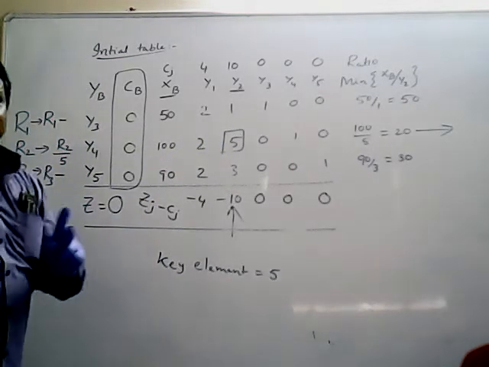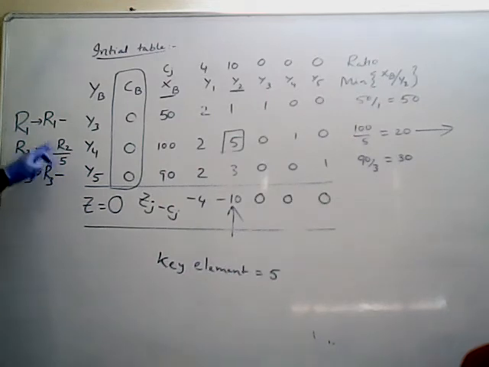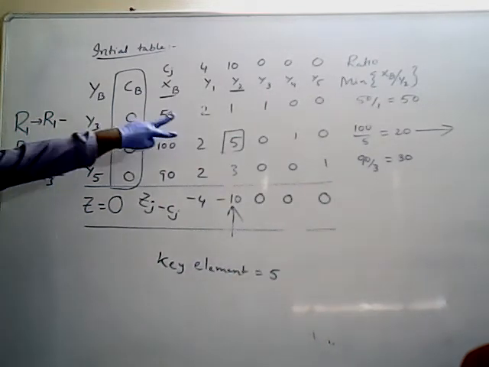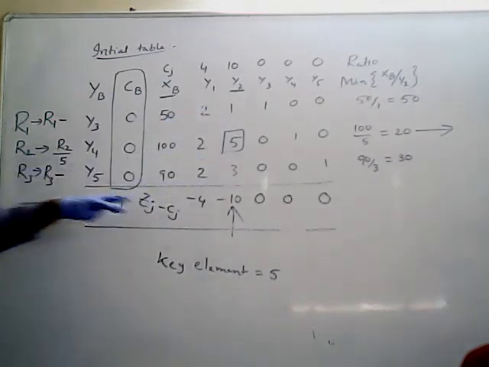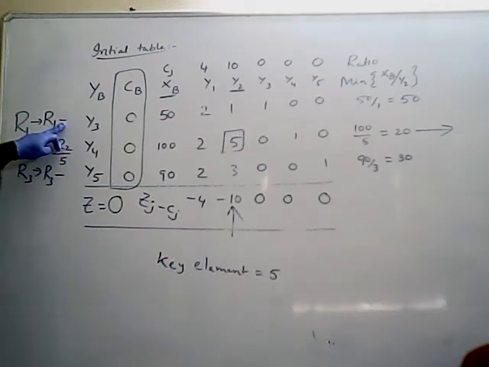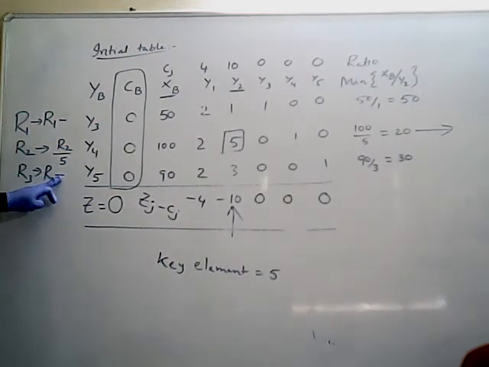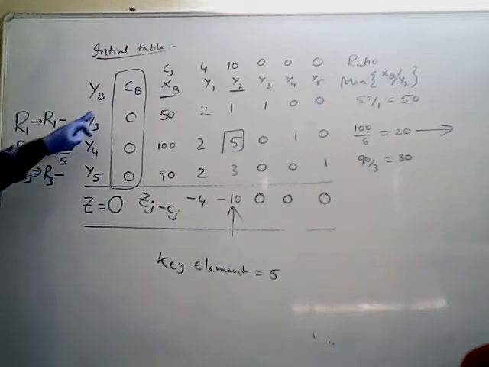Okay. First step is what? Key element is there in the second row, so don't touch the remaining rows. R1 will be as it is, R3 will be as it is. Now same signs is there, put minus. Opposite signs are there, put plus. So same signs means minus. Next, whatever may be the key element operation, R2 divided by 5, that should be copied here.